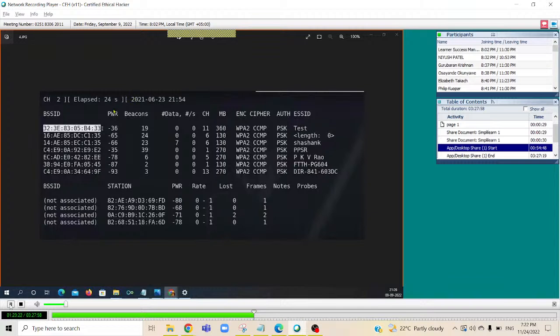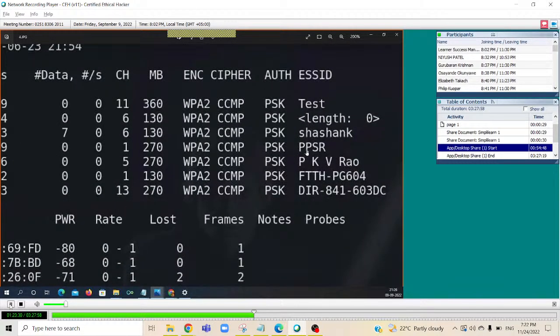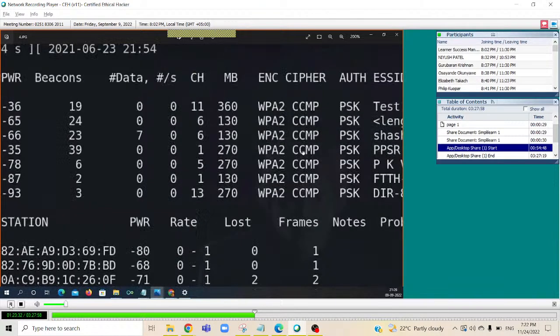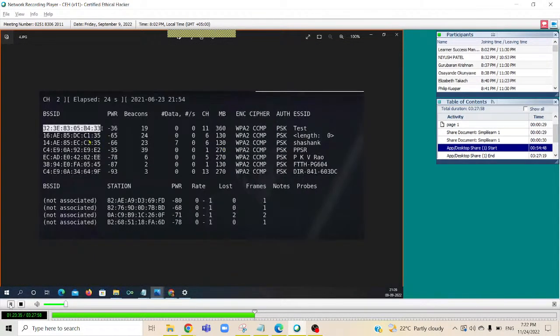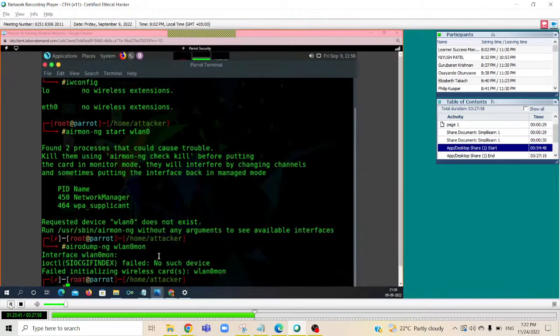It's a signal strength expression. PPSR. Okay, so let's take PPSR. In order to attack PPSR, we need to take the MAC address. So the command which we need to build is